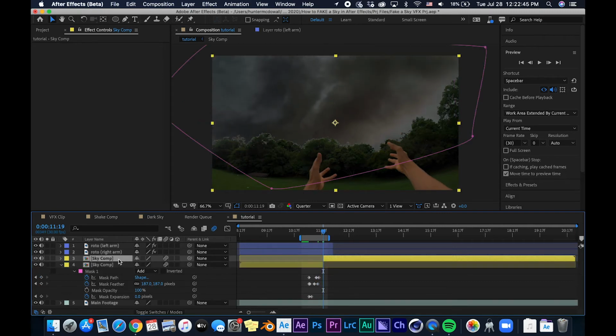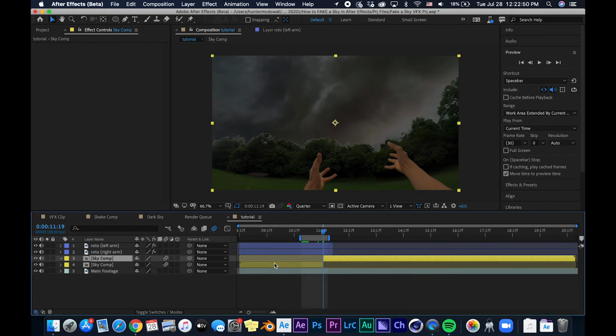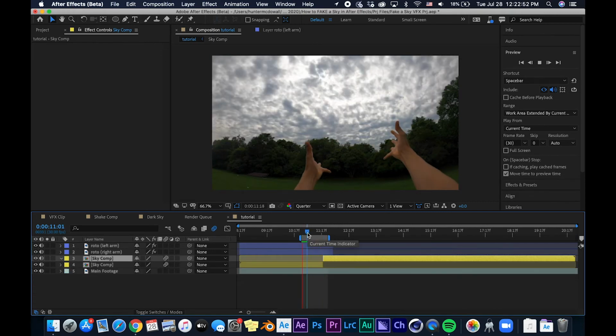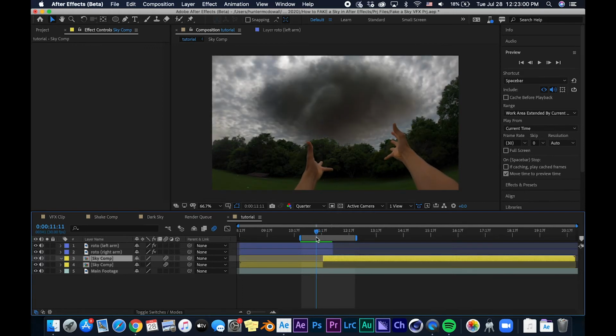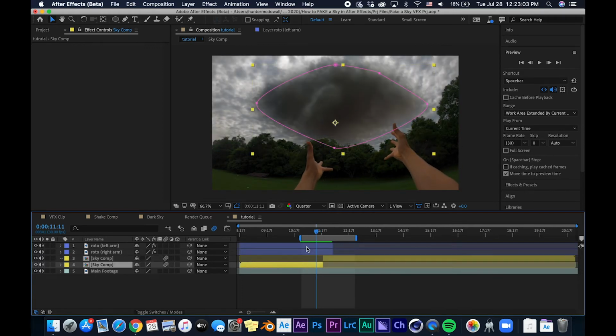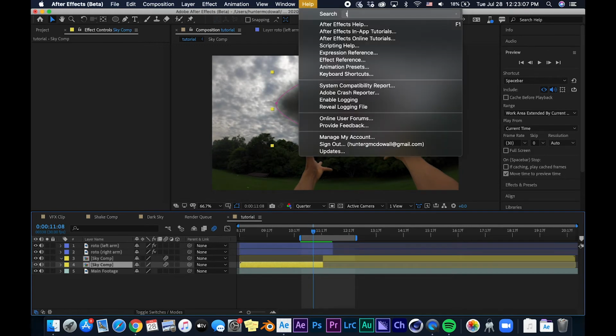Then hit Shift Command D on that sky icon and remove the mask because we will no longer need it. So then we have this. Alright, so obviously I still want to do more with this. That's kind of generic. So if you really want to make this even cooler, what you can do